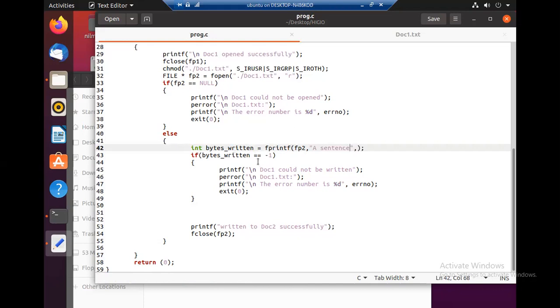If it is successful, it will say that written to document 1 successfully, and then close the file pointer. Otherwise, it will say it could not be written. So we should get this error message actually, because we opened this file in read only mode, so we must not be able to write to this file. So this fprintf should not be able to execute, and this should return -1, and we should get this error message.